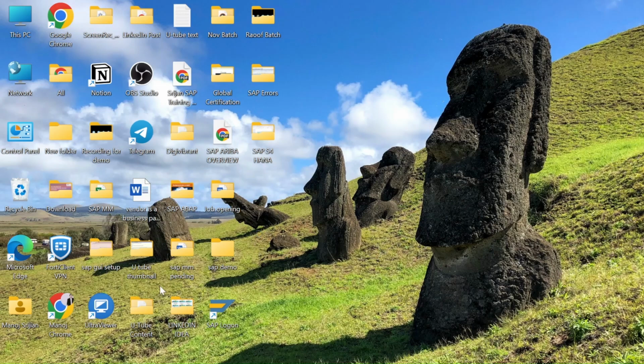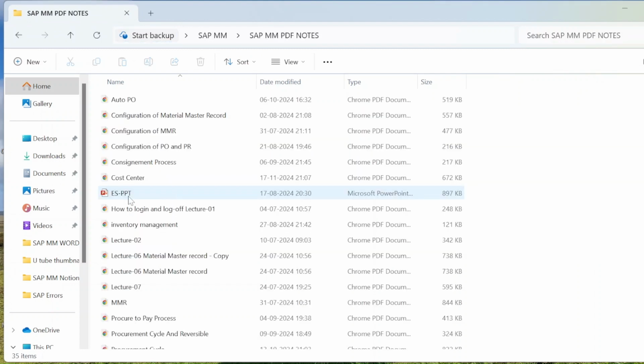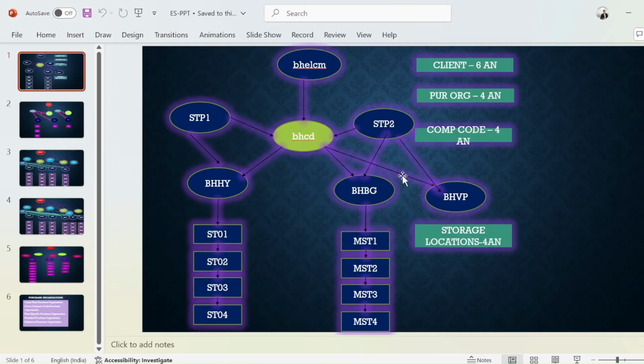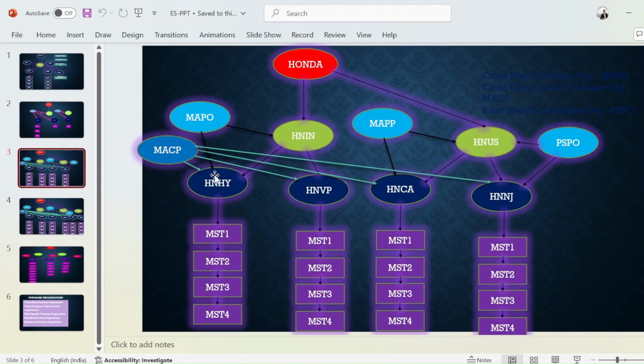And if I just show you, yeah, that's the enterprise structure. We are going to design that. We are going to prepare a KDS file, then we are going to start mapping that in SAP.